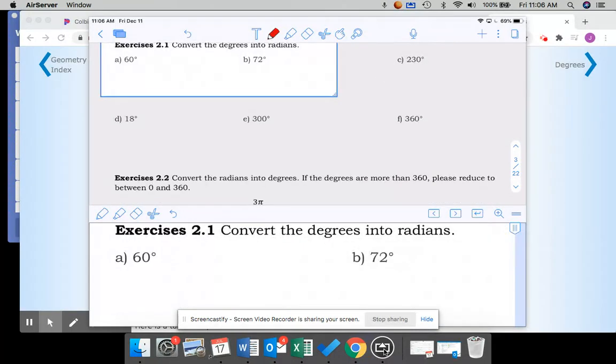3. 60 degrees. Well, let's give ourselves kind of a drawing of 60 degrees. I'd say 60 degrees is a little bit more than halfway, right? So something like that, 60 degrees-ish, right? That's starting to look like pi over 3. But I want to make sure I'm accurate, so 60 degrees,